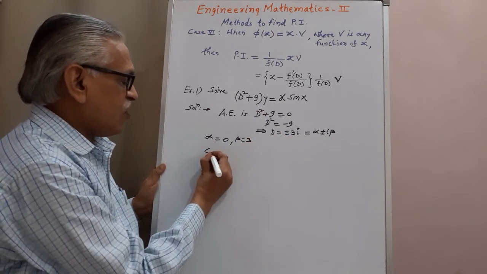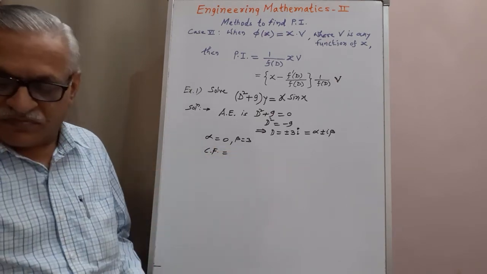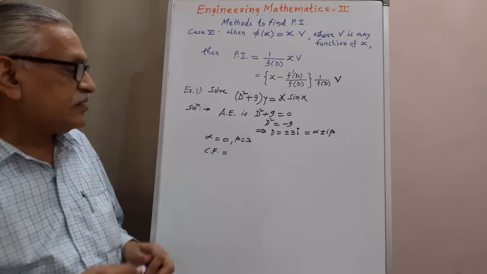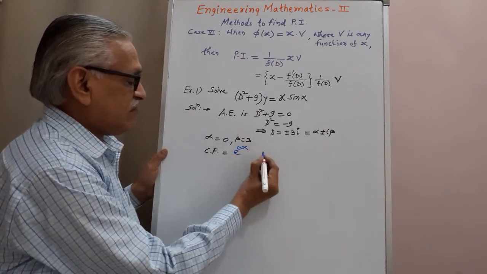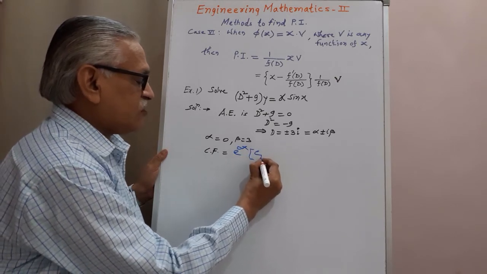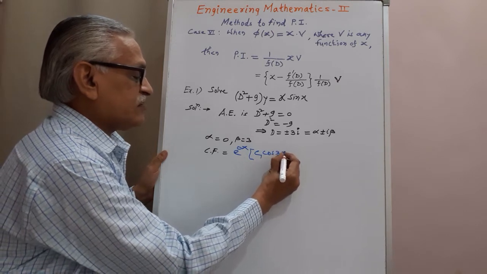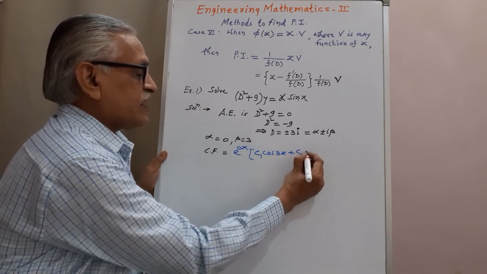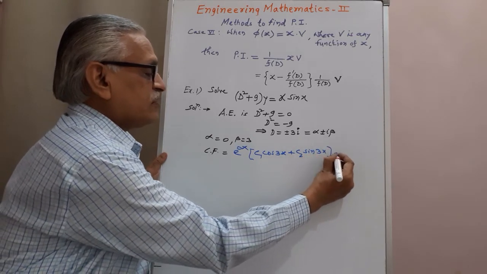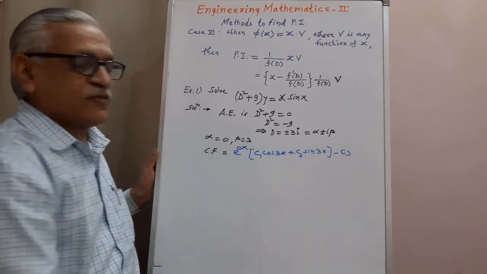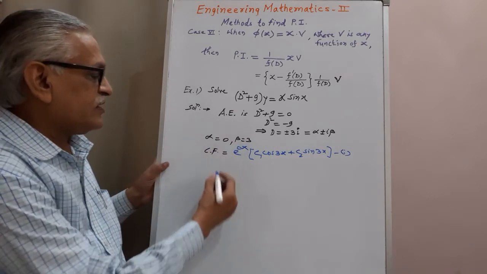And therefore the complementary function CF is e raised to alpha x, e raised to 0x, c1 cos of beta x, beta is 3, therefore cos 3x, plus c2 sin of beta x, sin of 3x. We call this equation 1. This is the first part of the solution, the complementary function or CF. Then PI